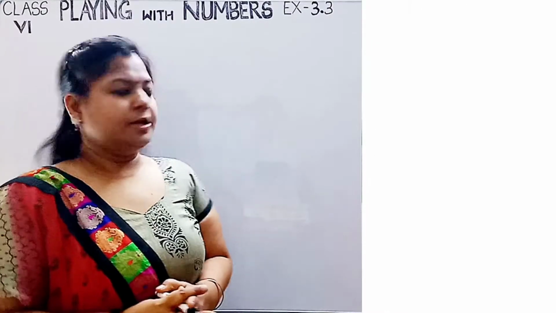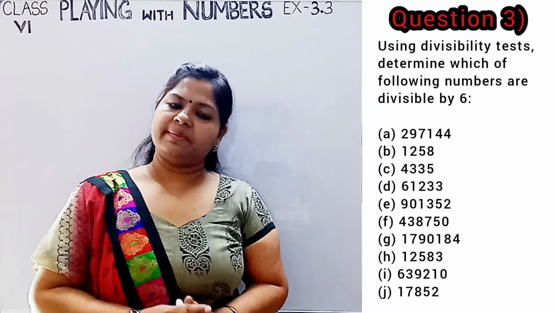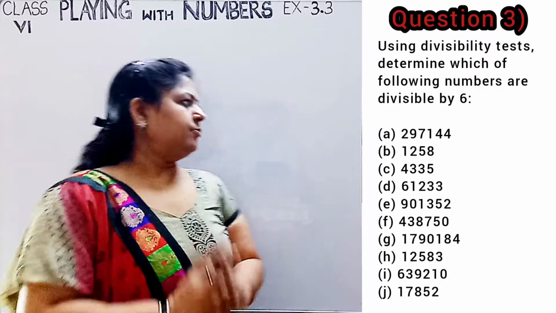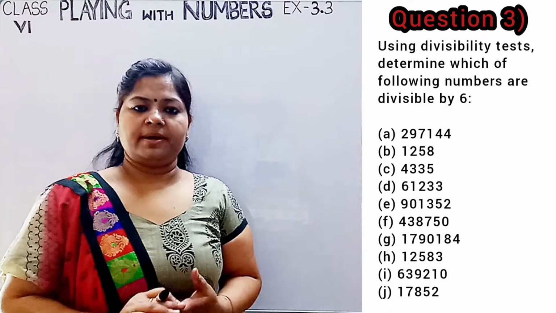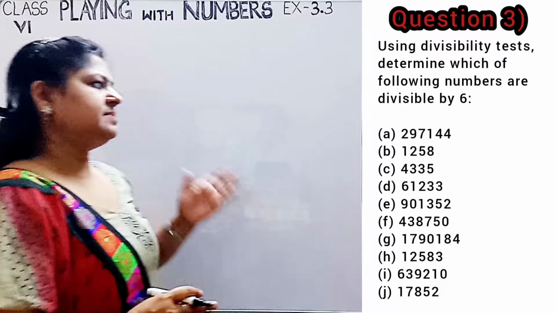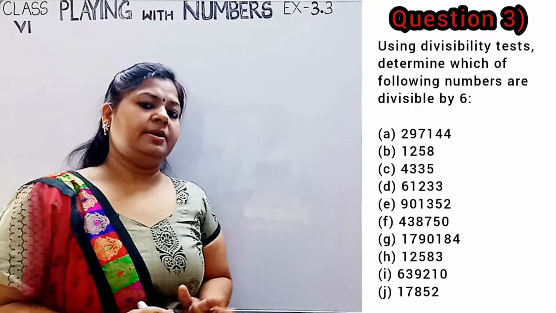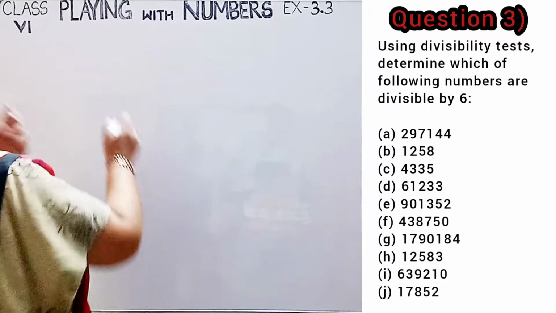Question number 3. Using the divisibility test, determine which of the following numbers are divisible by 6. To find out the divisibility rule of 6, first we have to check divisibility by 2 and 3. If the number is divisible by 2 and 3 both, then yes, the number is also divisible by 6. So A part is